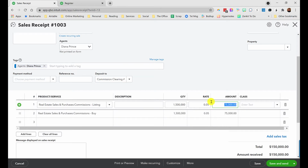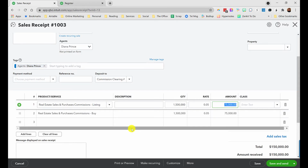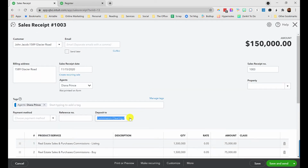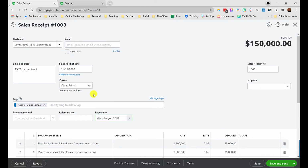That you got this whole commission, $150,000 deposited into your bank account from title, and now you're going to go and write the checks, or pay people however you pay them, to pay the agent, to pay any other expenses or fees that need to get paid out. In that case, it's very simple. At this point in the sale process, when you're recording the commission, instead of putting it in commission clearing, you'll put it straight into your bank account because that's where the money landed, right? So there's going to be a $150,000 deposit